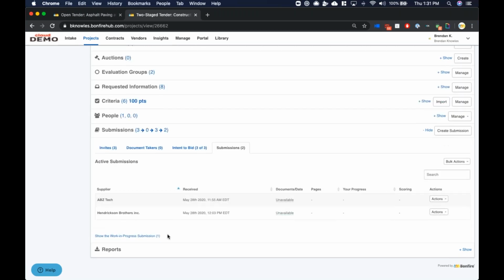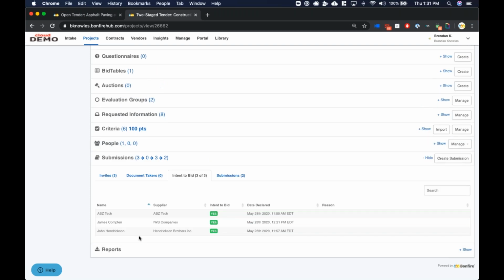So just like the last project, we have two vendors who have already submitted. And just to highlight here, this is where we can see that intent to bid in the timestamp. So I can see for each of these different vendors or suppliers that they have indicated that they provided an intent to bid with that declaration date. Now, if a vendor had opted to say no to the intent to bid, maybe they aren't available to provide the services at the time required, they'll indicate no, and they're going to be required to provide a reason as well. So that is just kept in place for ongoing auditability.